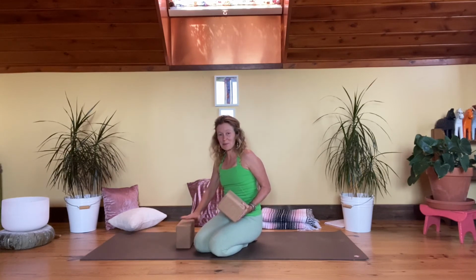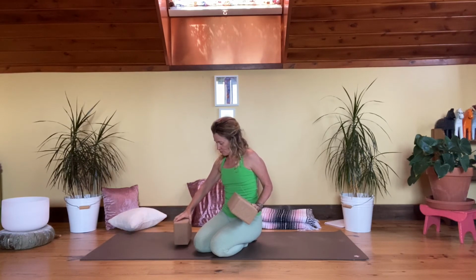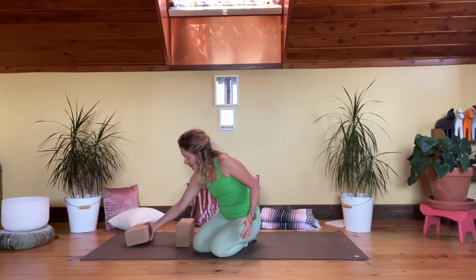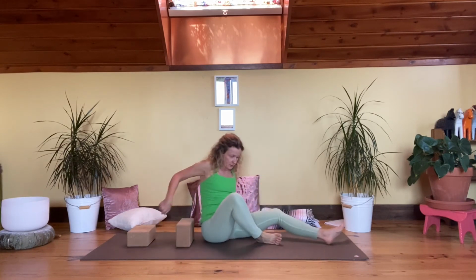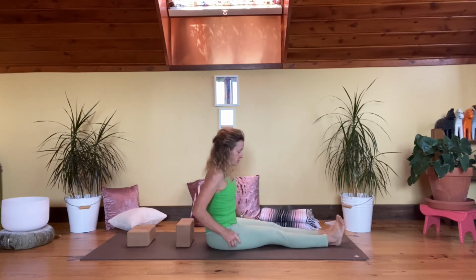I'm going to take the block back this way, so it's not the full way and it's not the halfway, it's just right in between. And then I'm going to have it a little bit lower for my head this time. And so we have the option to lay with the legs forward because we really are focusing on the heart